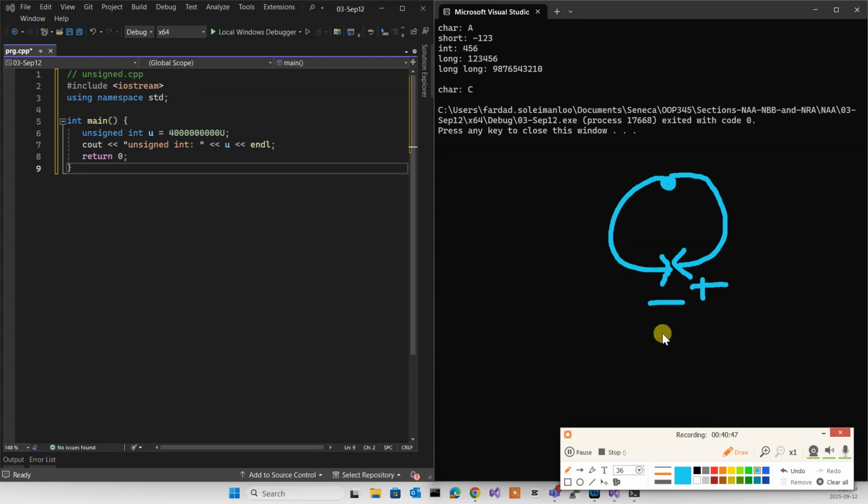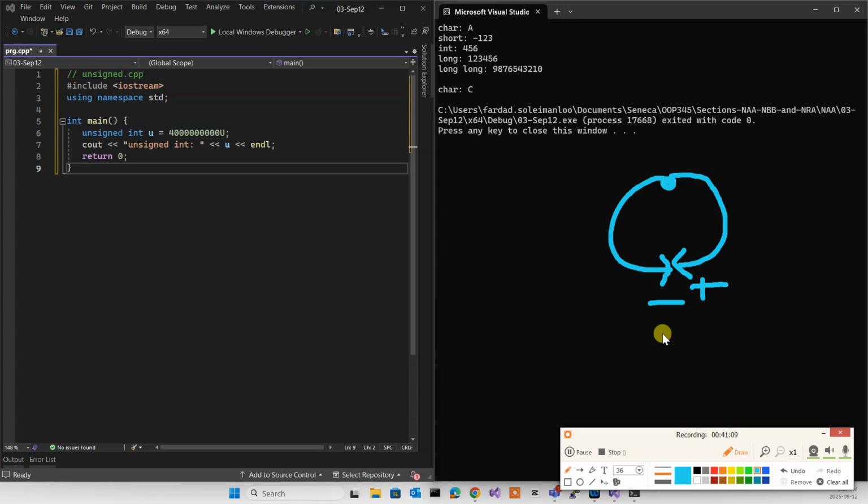It's a circular thing, which means if you go to the maximum positive and add 1 to it, it becomes the smallest negative. So if you have a character and you put 127 in it, if you add 1, it becomes minus 128. Everything is circular like that.